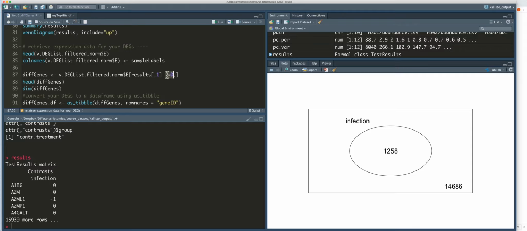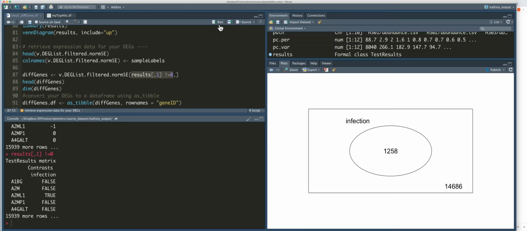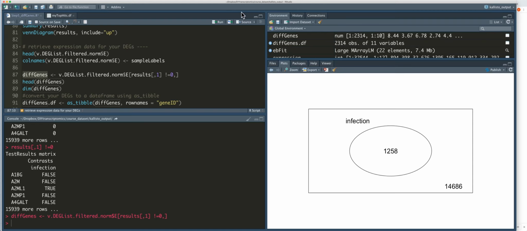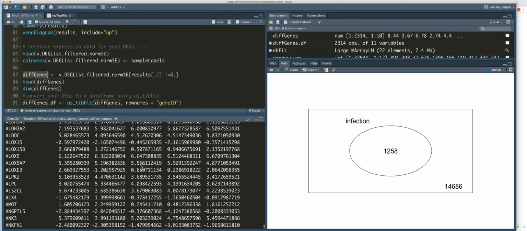that we can use anytime. So does not equal 0. What I'm saying here is I want any row that was differentially expressed, that was a 1 or a negative 1. Right? And I want to use that expression to pull out the data for my differentially expressed genes. So just evaluating this part of the expression, I can see it gives me a true false for each row in my data. And now any logical vector like this can be used to subset anything. So I can run this entire line, and now I have an object I call diff genes, which is just